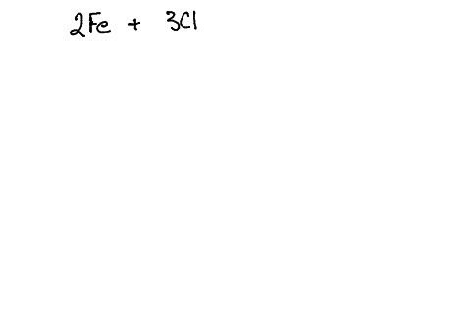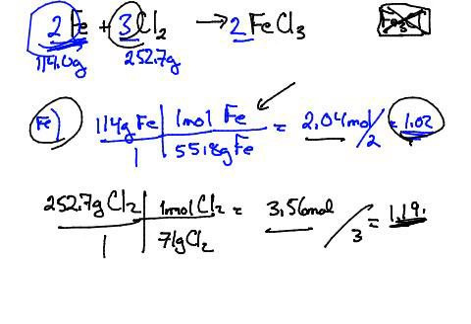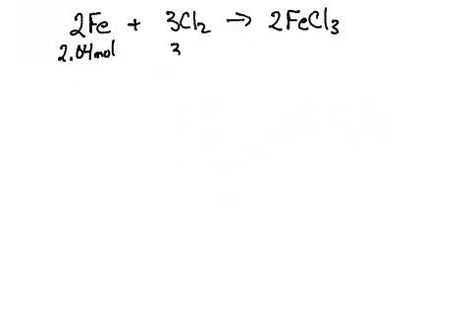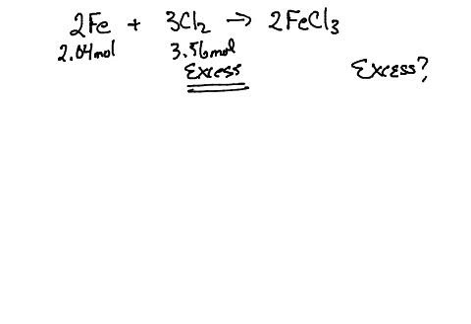All right, so I'm going to rewrite the equation because I always start with a balanced chemical equation. Now, what do I know? We had moles of our things a little while ago: 2.04, I believe it was, and then 3.56 moles of Cl2. Now, we want to know how much excess reagent is left over at the end of the experiment. Which one's the excess reagent? Well, it's the one that's not the limiting reactant. So if Fe is limiting, then Cl2 is excess.